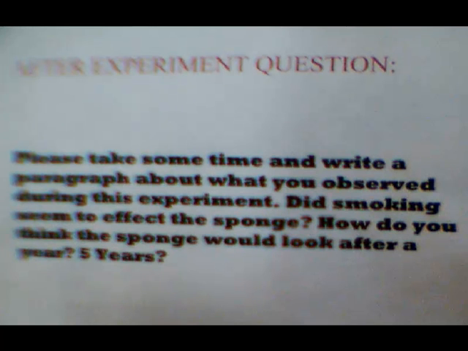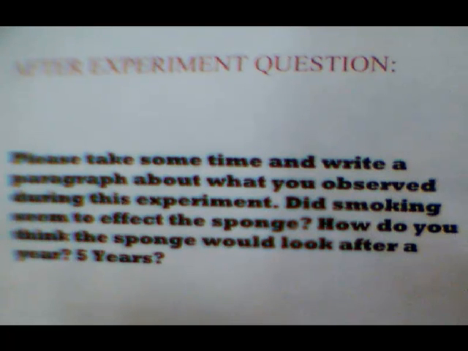Okay, just take a moment now and please read this. After the experiment question, please take some time and write a paragraph about what you observed during this experiment. Did you see the effect on the sponge? How do you think a sponge would look after